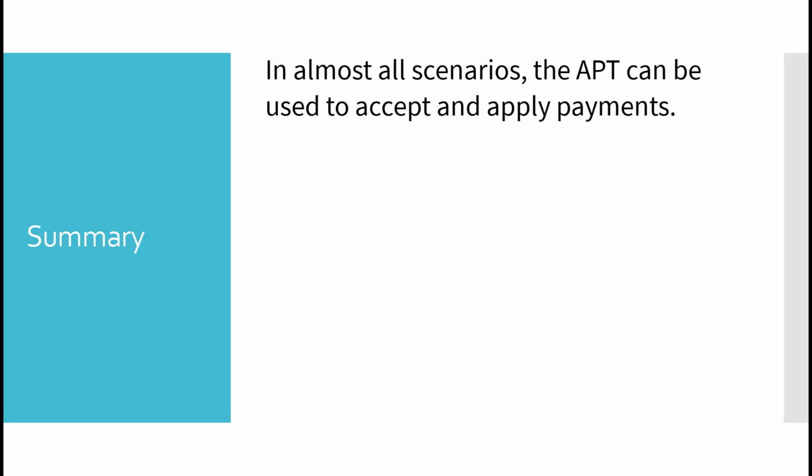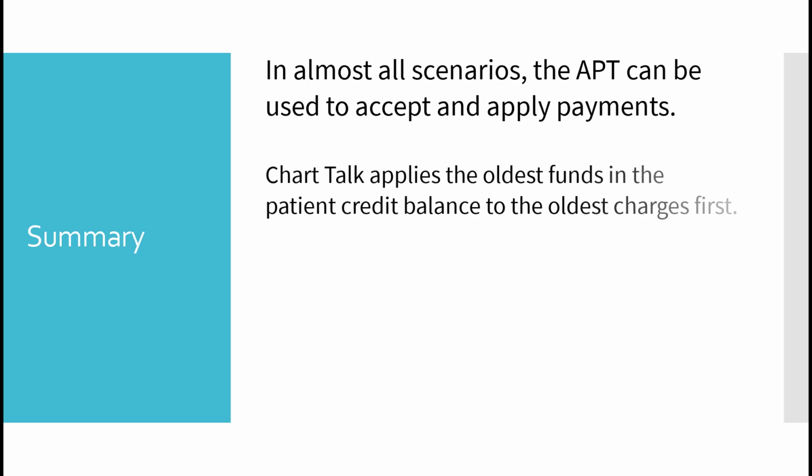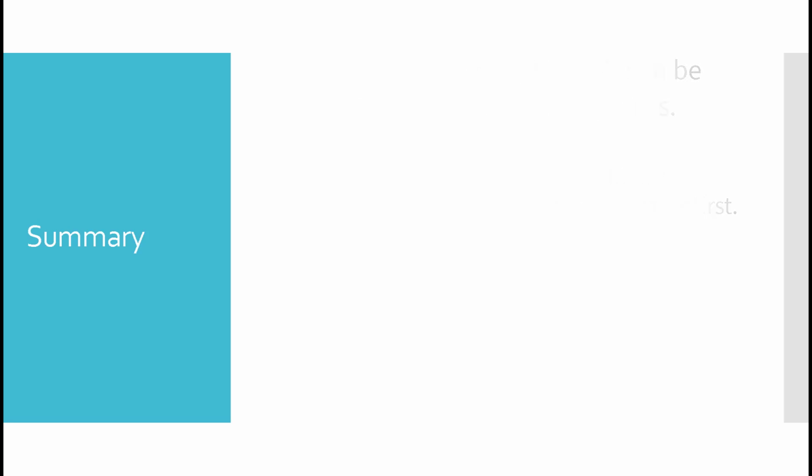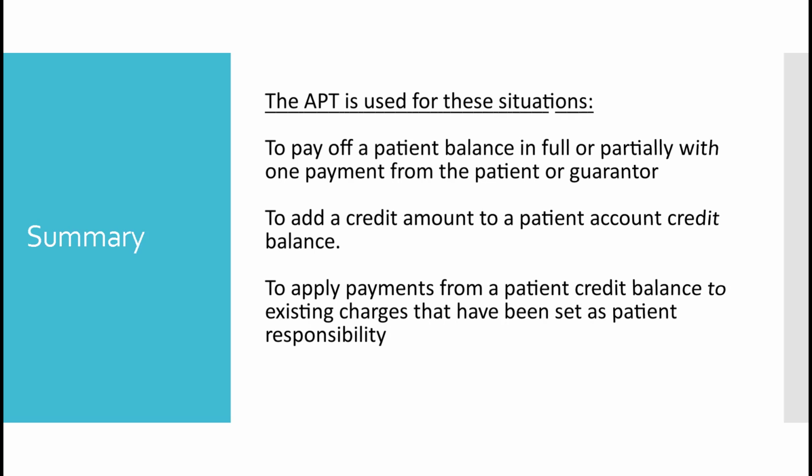In summary, we have found that in almost all scenarios, the APT is the tool of choice to accept and apply patient payments. When you apply payments using this tool, Chart Talk automatically allocates the oldest funds available to the oldest selected charges first. The APT is used in these situations: to pay off a patient balance in full or partially with one payment from the patient or guarantor,